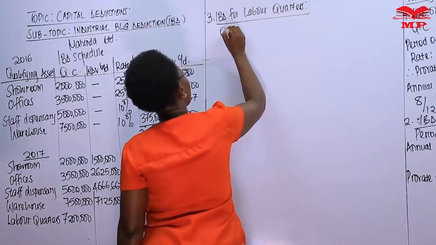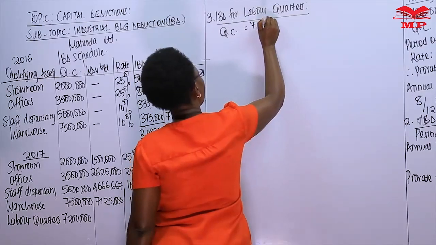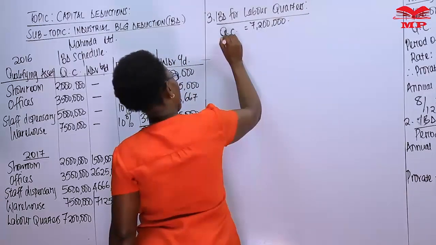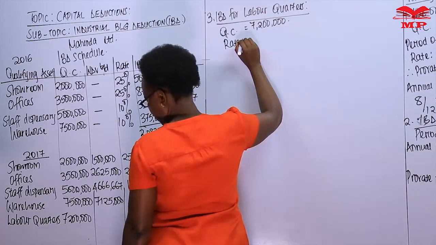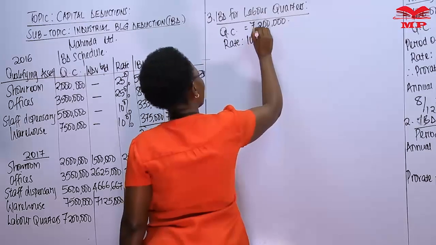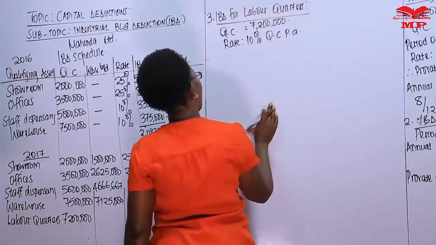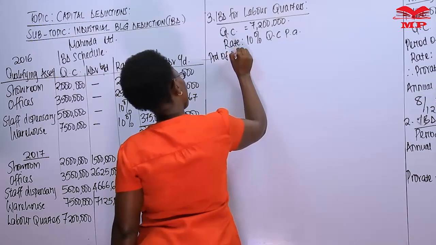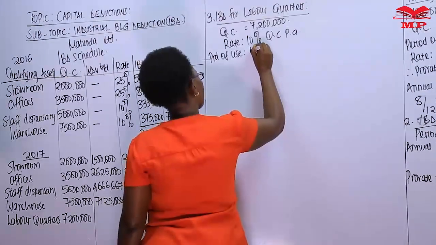So qualifying cost is 7.2 million. Then the rates, this is a building for use or for occupation by workers, 10% of qualifying cost per annum. Period of use, they used it from 1st of March